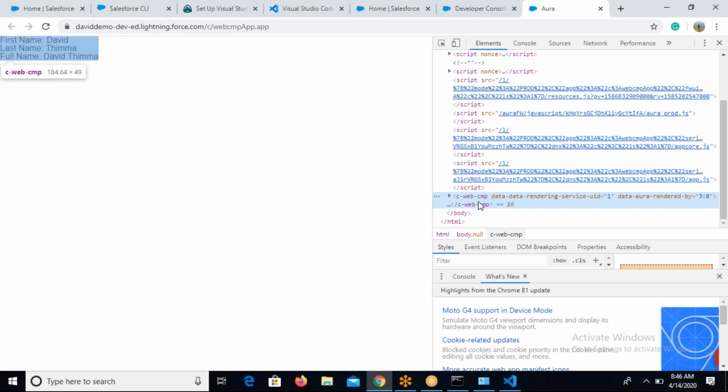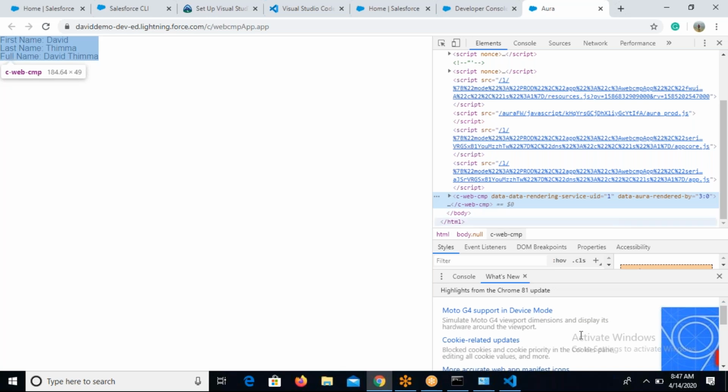So if you remember, custom element, import, templates, shadow DOM, all these things are part of your web standards, right? So this is called your custom element. This is called your custom element. Whatever the Lightning web component you have created, that is converted into the custom element. So C hyphen web hyphen CMP. If you have caps in between, so it separates that with hyphen,